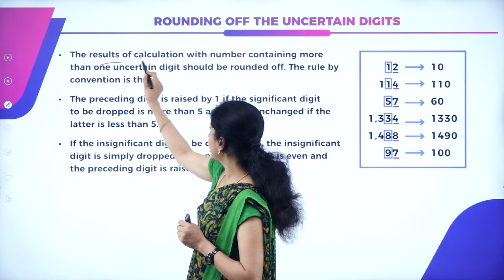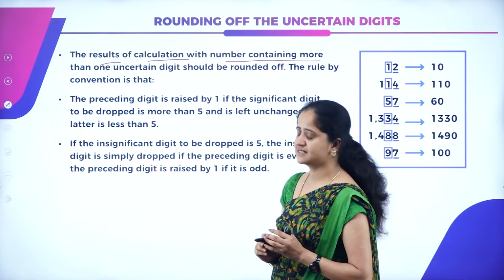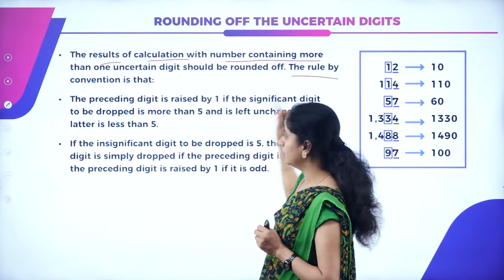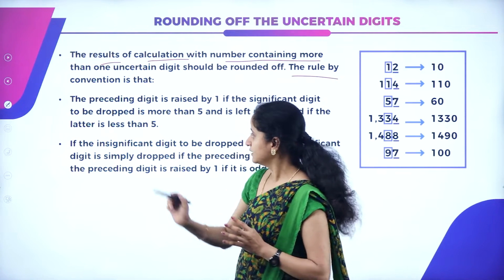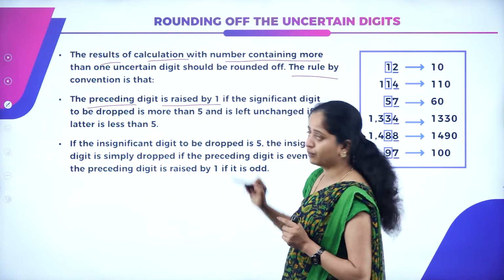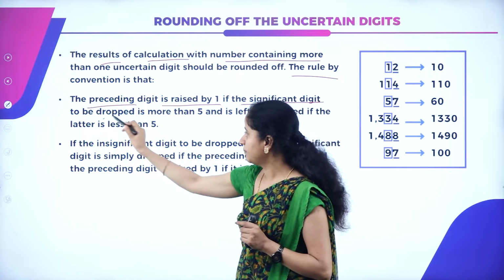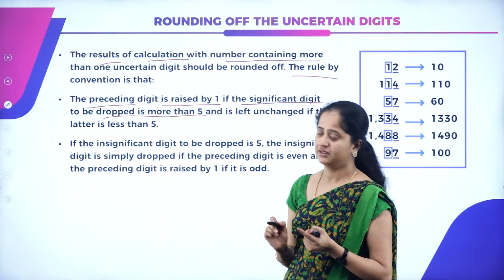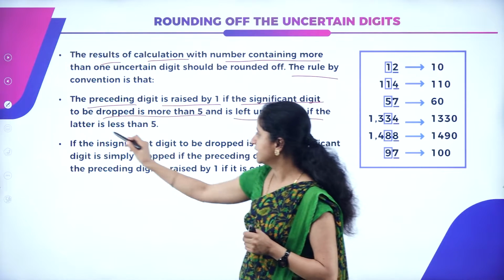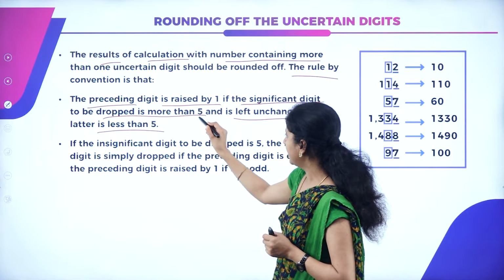The results of calculation with a number containing more than one uncertain digit should be rounded off. The rule by the convention is that the first rule is the preceding digit is raised by 1 if the significant digit to be dropped is more than 5, and it is left unchanged if the latter is less than 5. For example, if I have